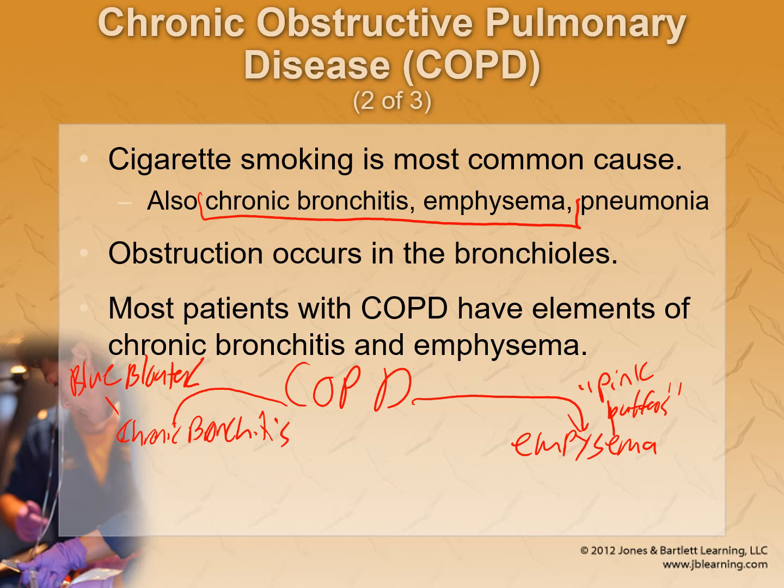And so that's going to give you obstruction by narrowing that air passage. And because of that inflammation, you end up with poor management of secretions. You get excess mucus production, you get poor mucus clearance due to the destruction of,